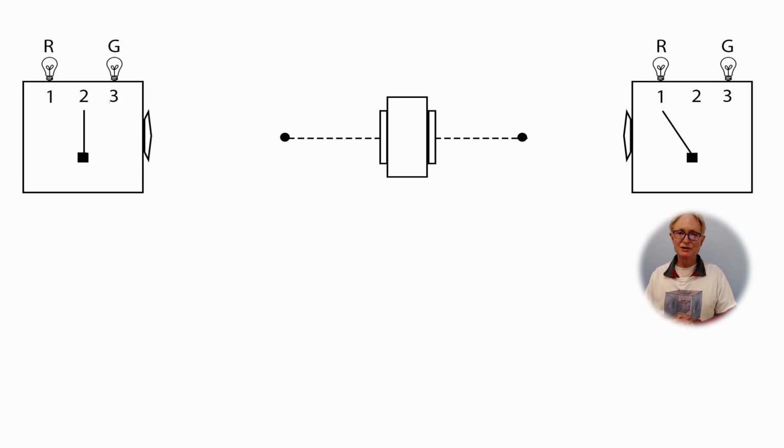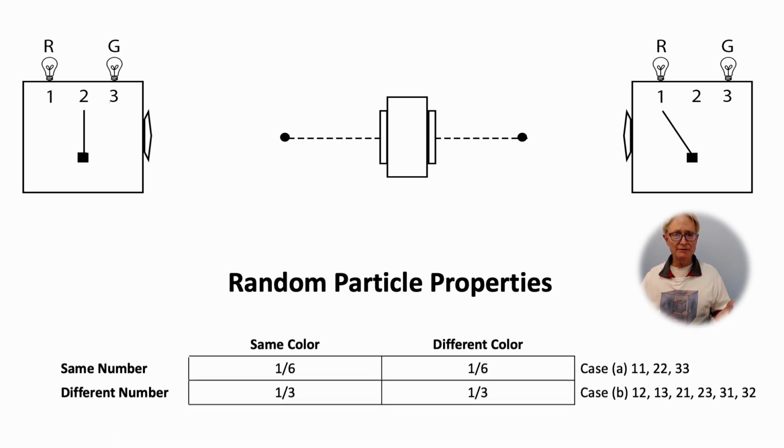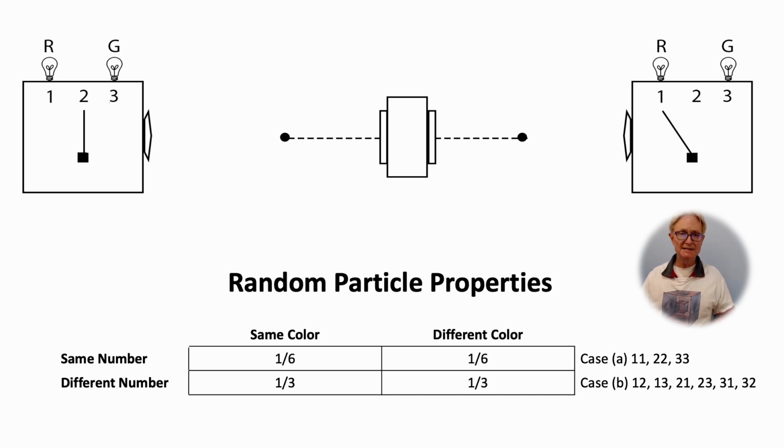If the particles simply generate R or G outcomes randomly at each detector in each trial of the experiment, and Alice and Bob are randomly selecting the detector settings, these are the outcomes we would see. There are three ways that Alice and Bob can choose the same settings. Alice chooses setting 1 and Bob chooses setting 1, or 1,1 for short. Alice chooses 2 and Bob chooses 2, or 2,2 for short. Alice chooses 3 and Bob chooses 3, or 3,3 for short. Mermin calls this case A. That leaves 6 ways they can choose different settings. Mermin's case B. That is 1,2, 1,3, 2,1, 2,3, 3,1, 3,2.